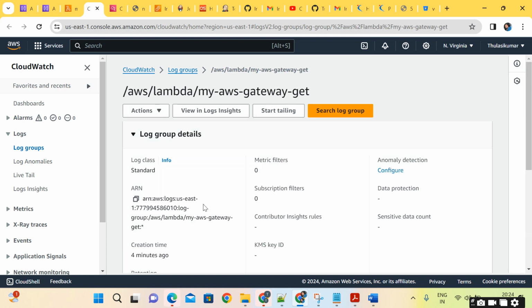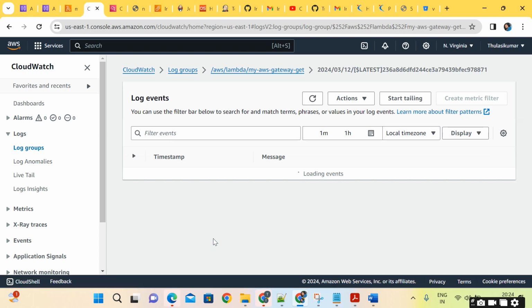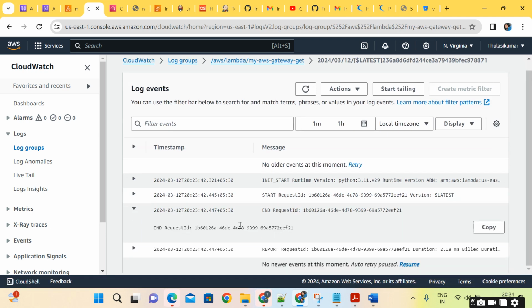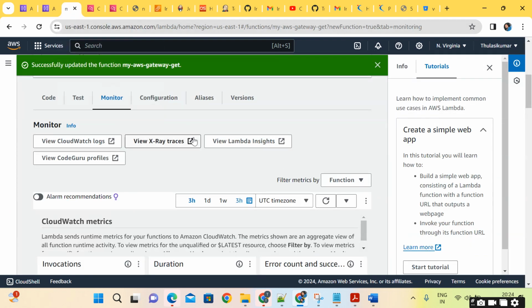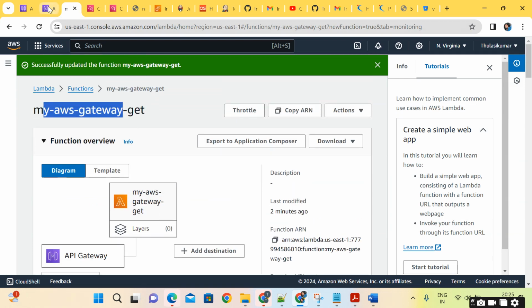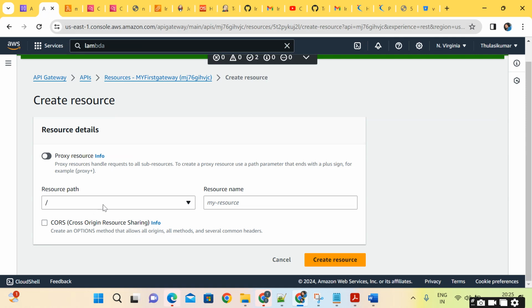So here my logs got generated. I am selecting the latest one. You can see here this is the request ID, and this is the start version. You can check your logs using CloudWatch, and also I will create one more resource